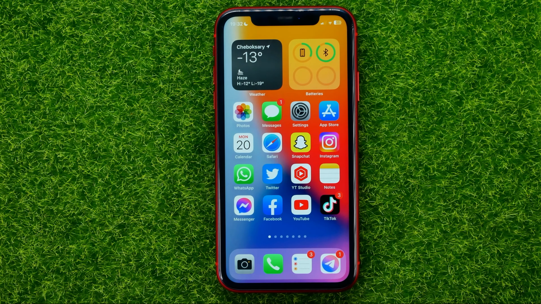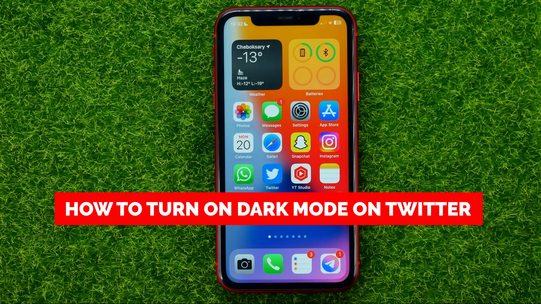Hello guys, welcome back. In this video I'm going to show you how you can easily enable dark mode on